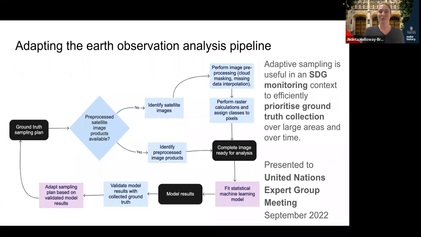Maybe the model results could be used for the sections that are too difficult to access by people. So it's this idea of combining all the different tools that we have at our disposal to try to get a better outcome for monitoring these really important goals.